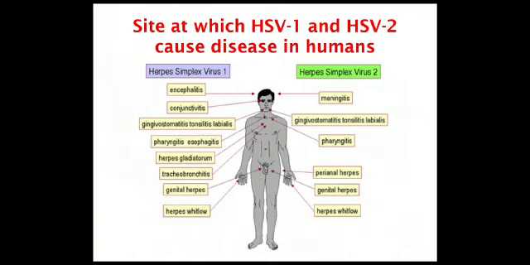This slide shows you the lesions which are produced by HSV1 and HSV2. The above waist lesions are more common in HSV1, though they produce genital lesions, but the percentage is very low. Whereas the HSV2, vice versa, more commonly produces the genital lesions and less commonly the above waist lesions.